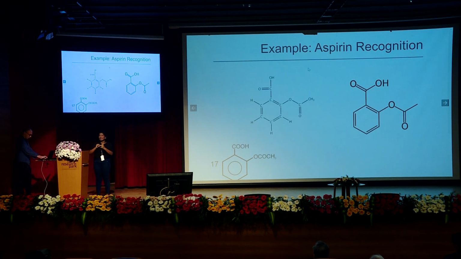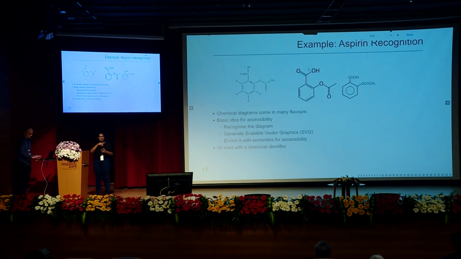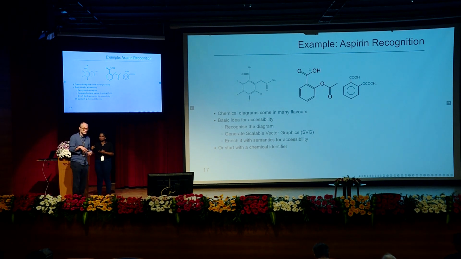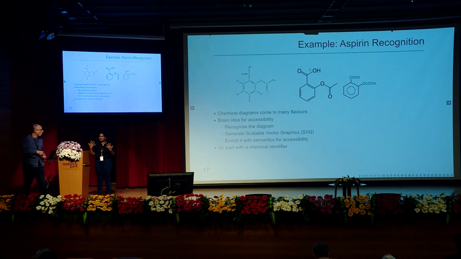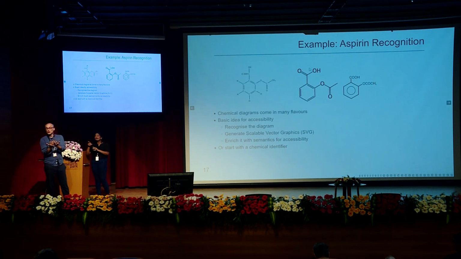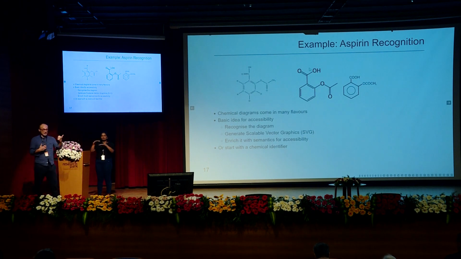And where does it all come from? Well, our math came from LaTeX input. Our chemistry actually comes from diagrams. It actually comes from diagrams that are normally given as JPEGs, as GIFs, as PNGs, or it could potentially come from a chemical identifier. And what happens is that we do the interpretation of the image, we kind of recognize the image, we then interpret what these parts of the image actually mean chemically, and then we use this in order to put together a navigation model plus all the speech, and all of this happens automatically.